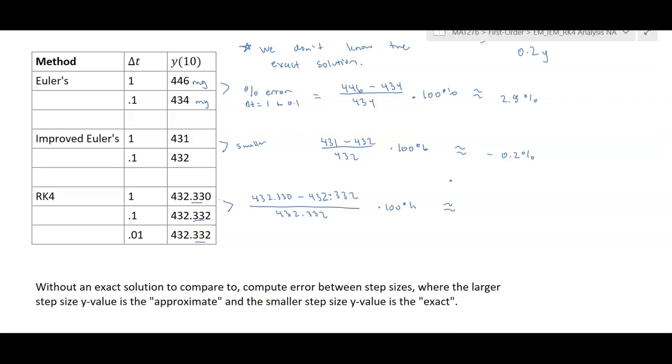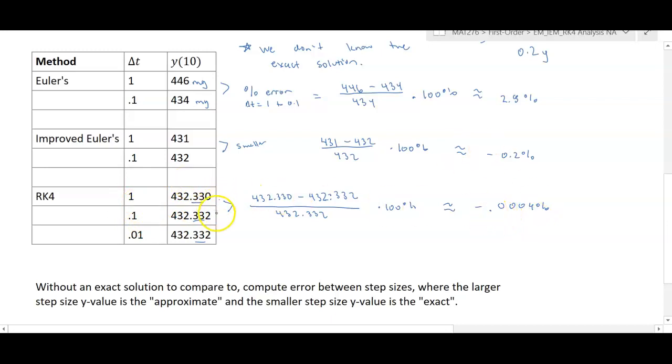So we'll have negative 0.002 divided by 432.332 times 100. Well, that actually comes out to negative 0.0004%. In other words, by decreasing the step size by a factor of 10 using RK4 in this particular example,